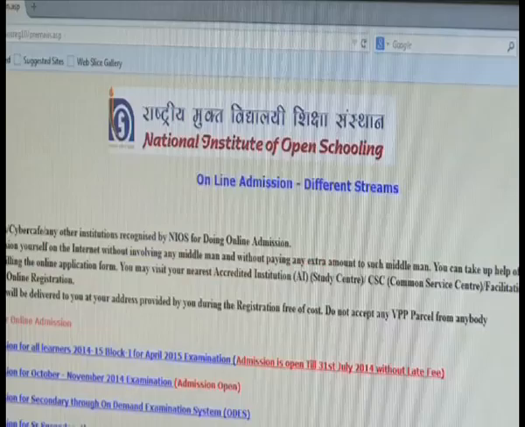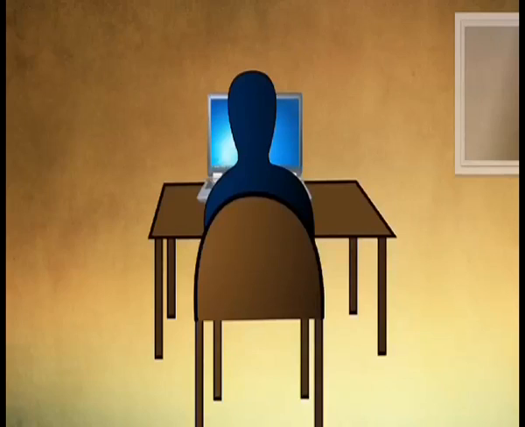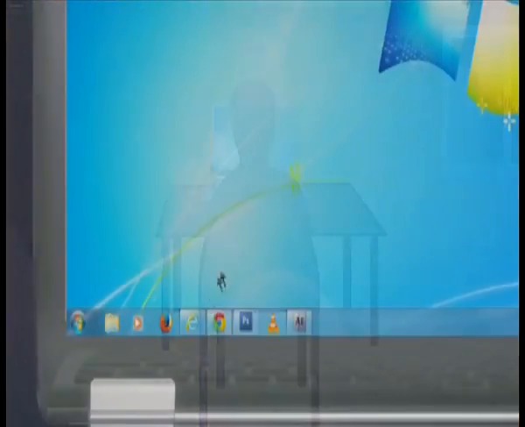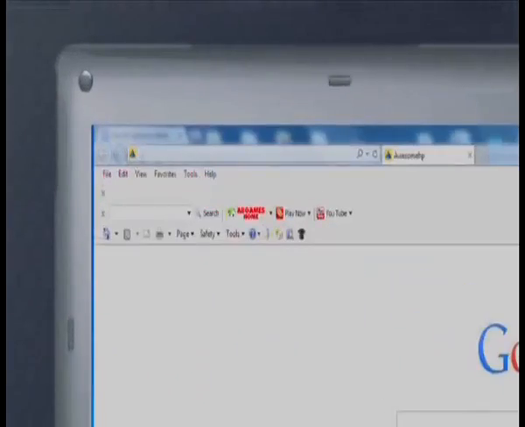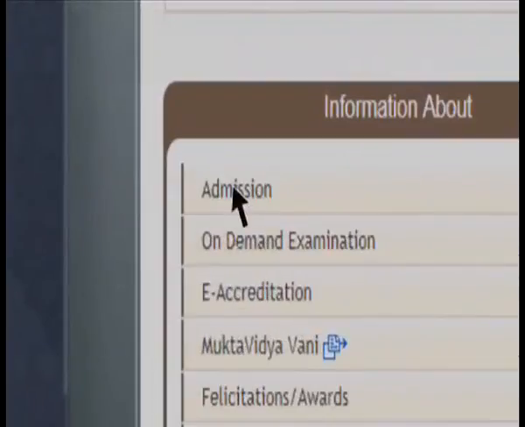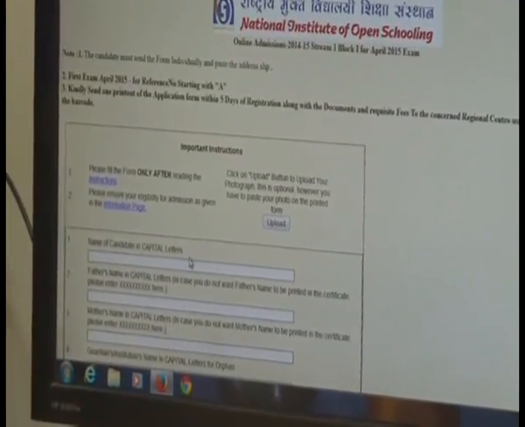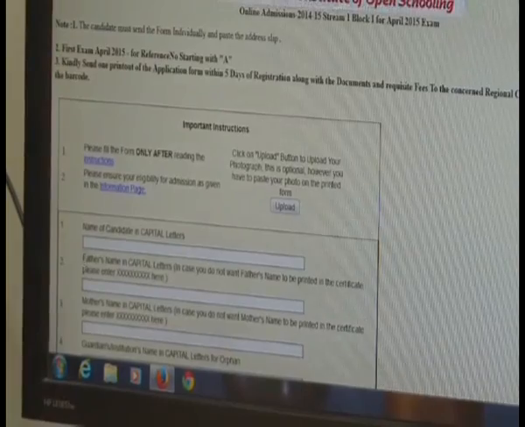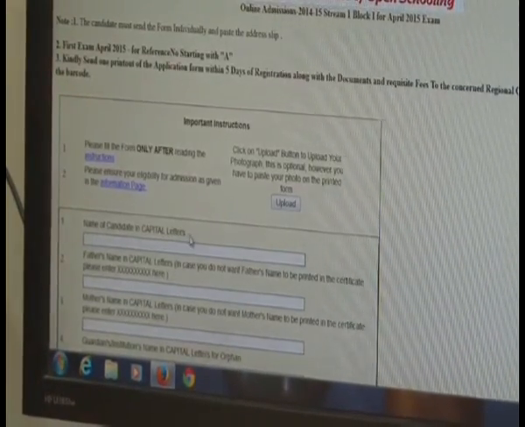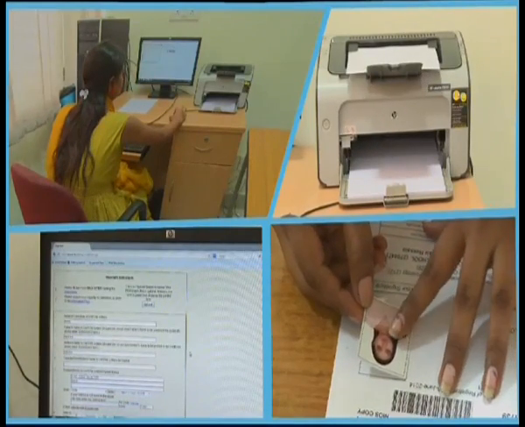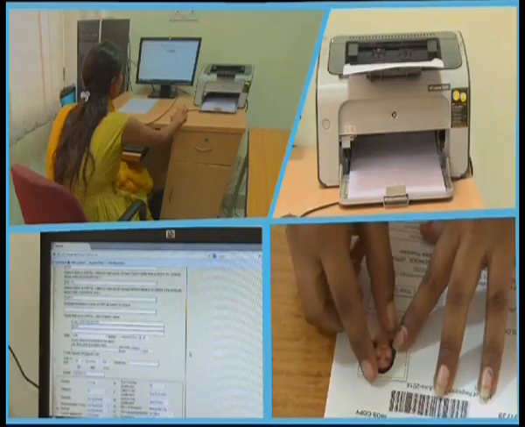NIOS में प्रवेश की प्रक्रिया पूर्णतया ऑनलाइन है। शिक्षार्थी घर बैठे इंटरनेट द्वारा प्रवेश के लिए सबसे पहले NIOS की वेबसाइट www.nios.ac.in पर लॉगिन करें। अपना ईमेल आईडी और पासवर्ड डालकर अपना पंजीकरण करें। पंजीकरण के बाद लॉगिन करने पर ऑनलाइन प्रवेश हेतु आवेदन पत्र खुलेगा। आवेदन पत्र को निर्देशानुसार भरें और प्रिंट आउट लें। इस प्रिंट आउट पर अपनी फोटो संलग्न करें।